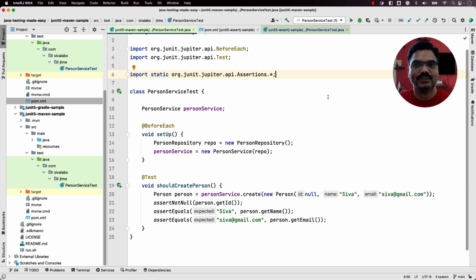Hi, in this video we are going to take a look at how we are currently using JUnit 5 assertions, and then we are going to take a look at the AssertJ library, and learn how to use AssertJ assertions. So first, if you take a look at our JUnit 5 Maven sample,